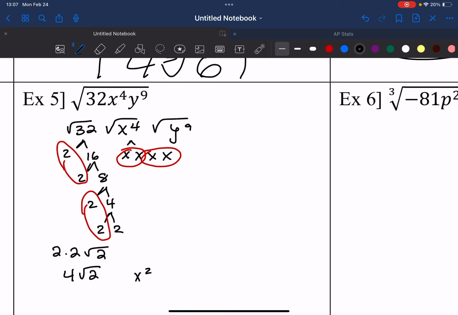Sorry, I'm looking at the answer key and I realized I have my answer key wrong. Anywho, let's do